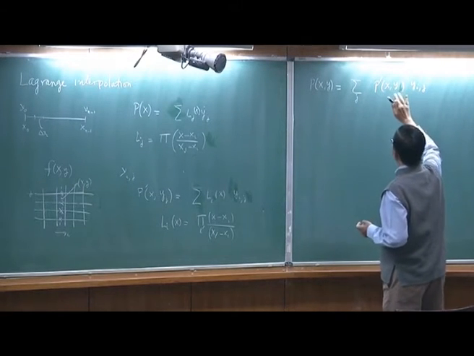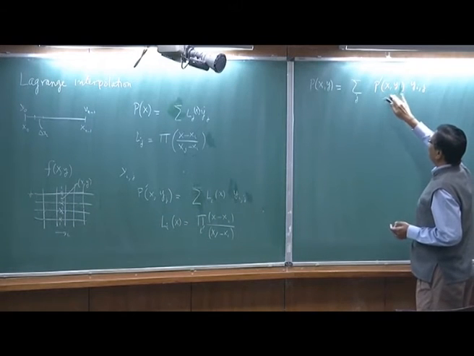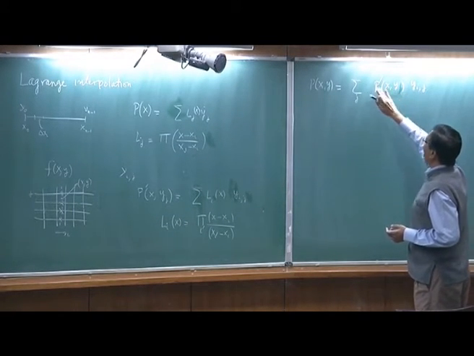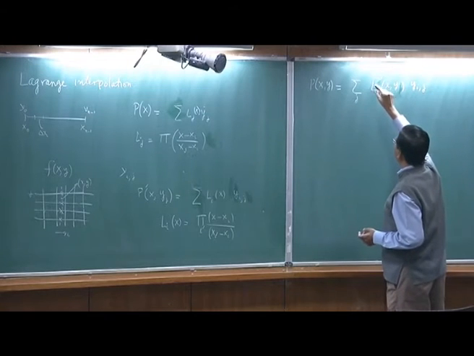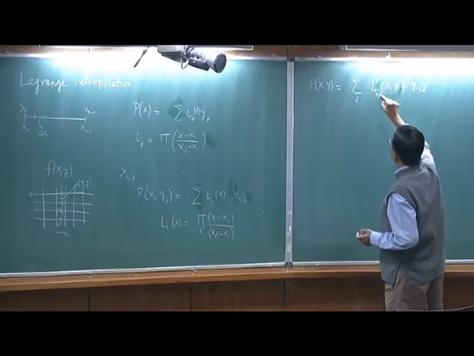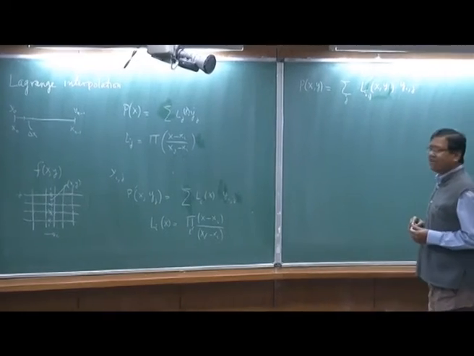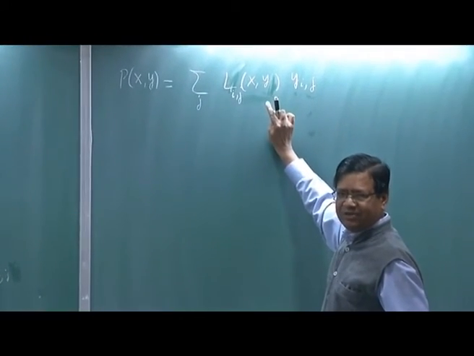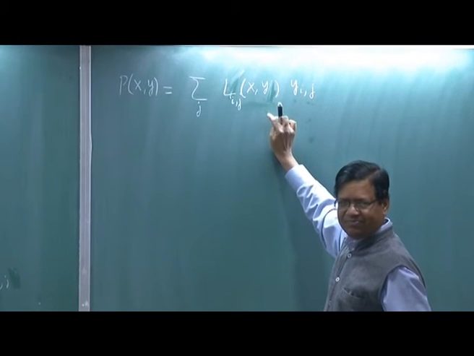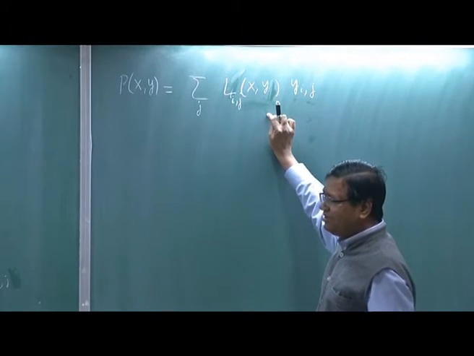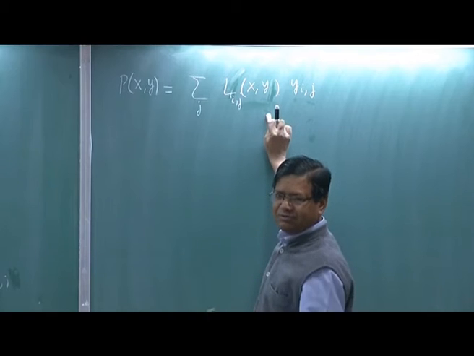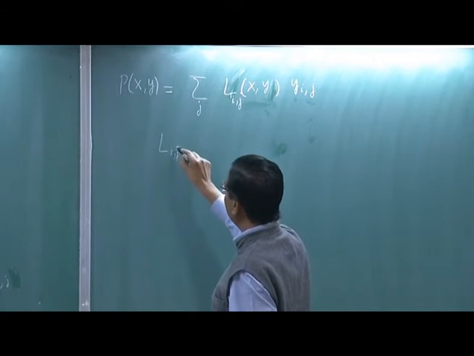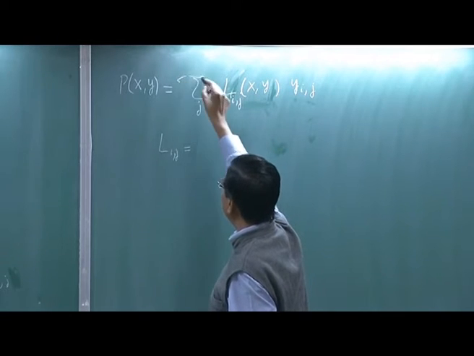Pxy, sorry, pxy. So this is what I am doing. Lij xy yij. So this is what is my interest. Now this Lij will be including both x and y variables. So Lij, in fact there are two sums.